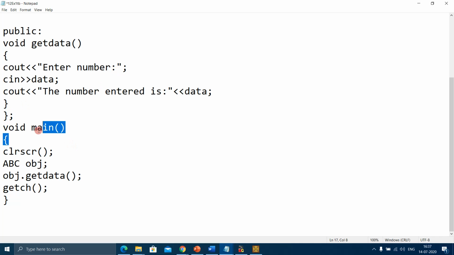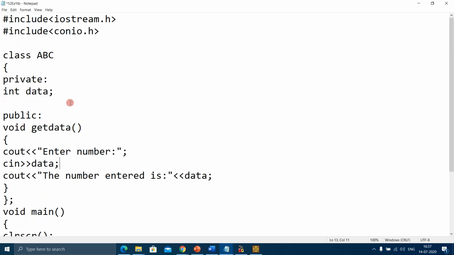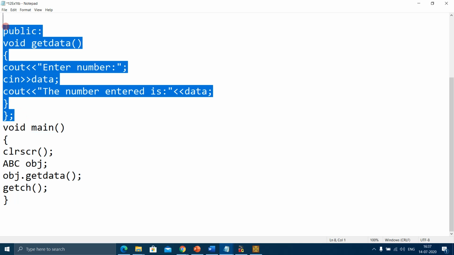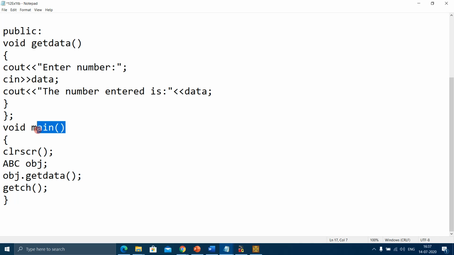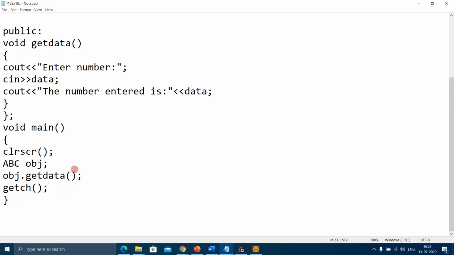And can you see the main function? I had told you the execution of the program always starts from the main function, no matter what you have written before the main function or after the main function. Whatever you have written before this doesn't matter, until and unless your program has a main function. The compiler looks for the main function. If it has found it, whatever is defined in this main function will be executed. Got it?